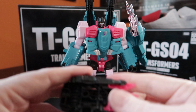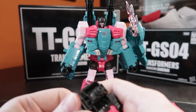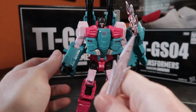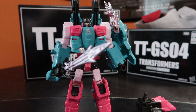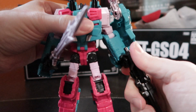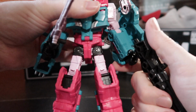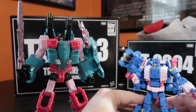And then some of these guys, I'm sure you can kind of equip them, but I'm a big fan of the sword right here. And the joints on mine are fairly loose, which is kind of a bummer because I don't want to say how much I spent on them, but I spent a little bit more than I should have. But I wanted them, and I'm worth it. So, all right. So there's the Snaptrap, and we'll bring in his pal